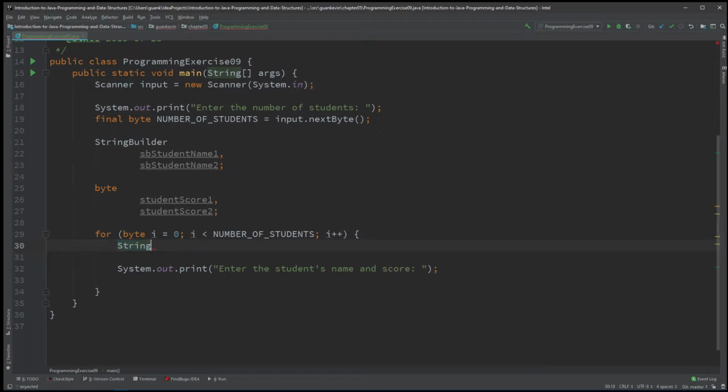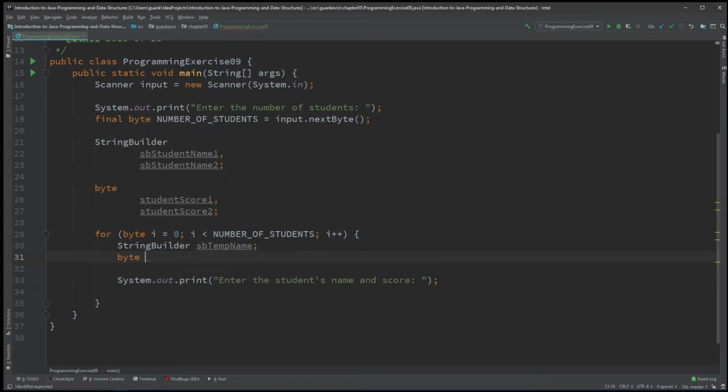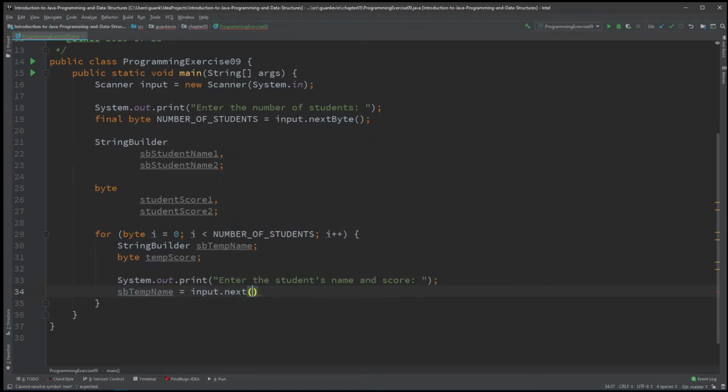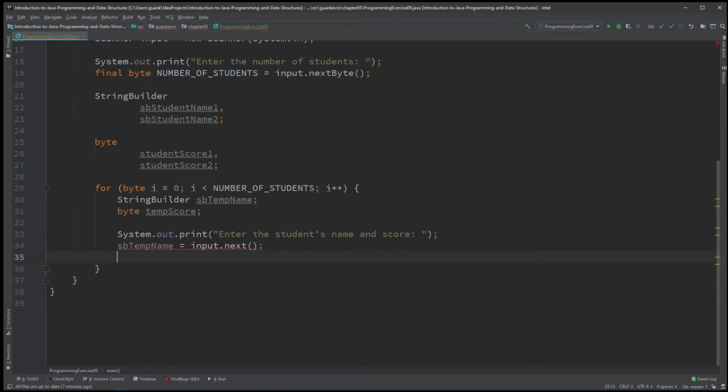Yeah, I'll create a temp. It'll definitely be helpful. String builder SB temp name equals, and I'll create a score right here, student temp score. Okay. All right, so SB student name is going to store the student's name, so it'll be the input.next method. And I haven't initialized it yet, so this